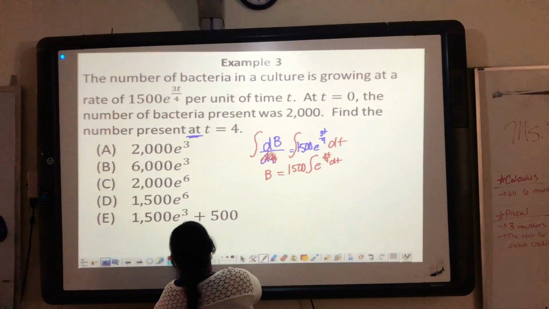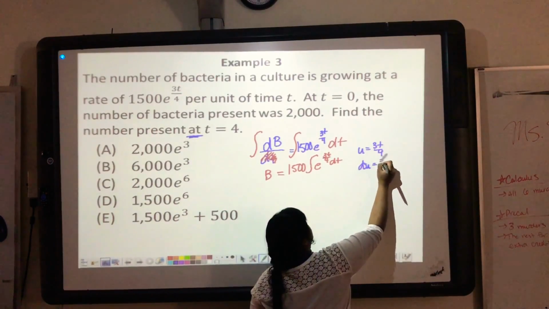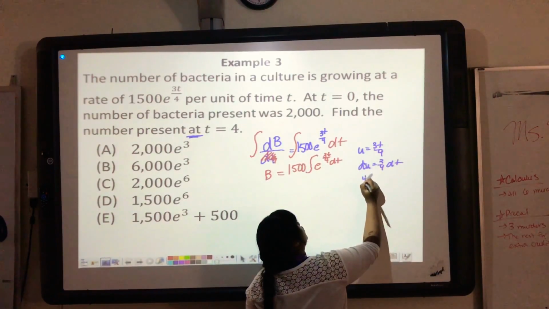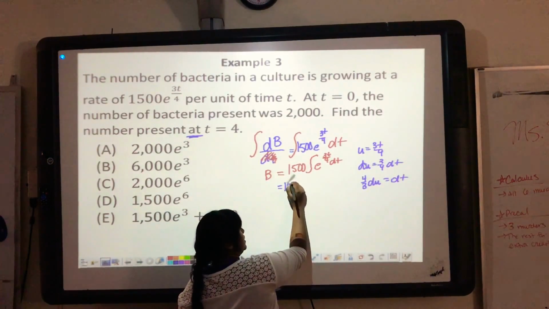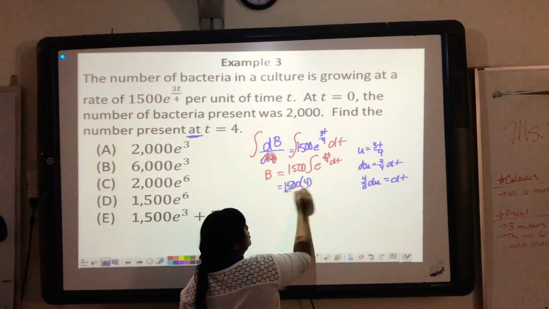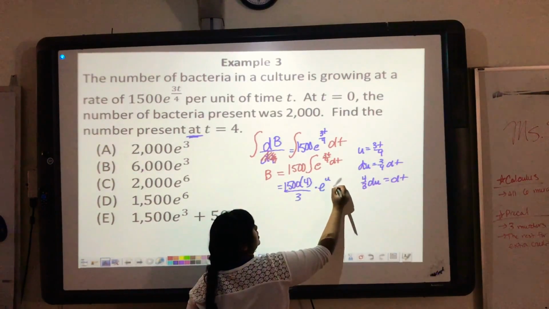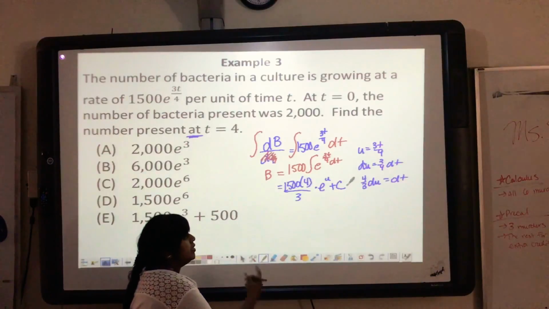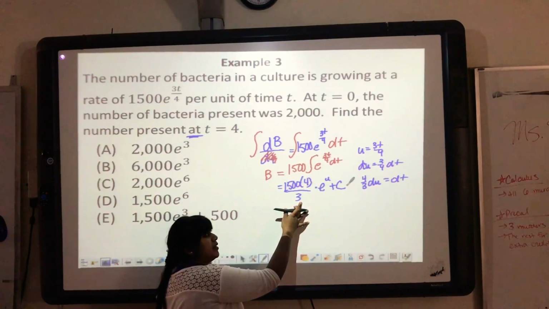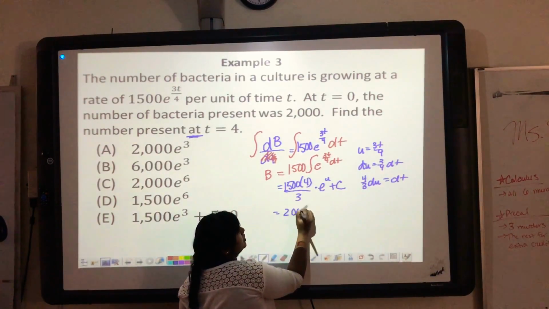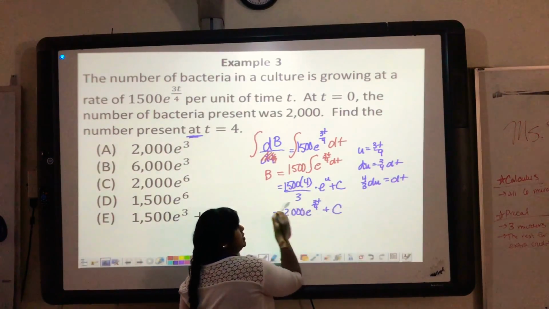Well, that one means I have to use a tiny bit of u substitution. That one's easy. u is equal to 3t over 4, so du must be equal to 3/4 dt. So that means 4/3 du is equal to my dt. So I'm actually going to say B is equal to 1500 times 4/3 times, and so now this is e to the u, so this is still e to the u plus c. Put my u back in. 1500 times 4 is 6,000. 6,000 divided by 3 is 2,000. So this gives me 2,000 e, sub my u back in, to the 3t over 4 plus c